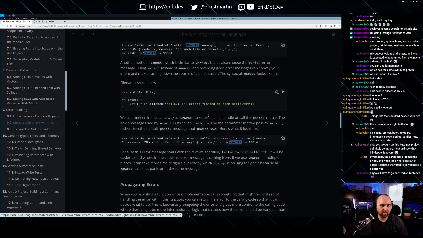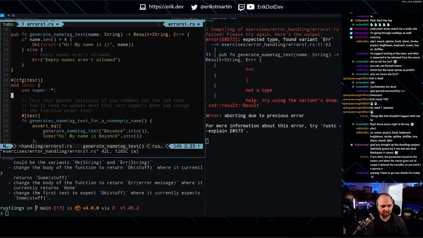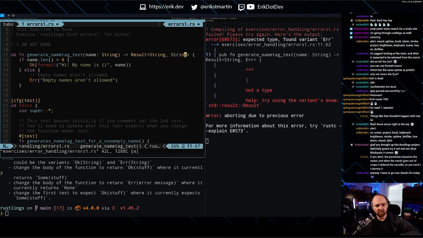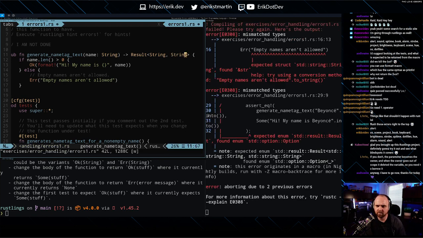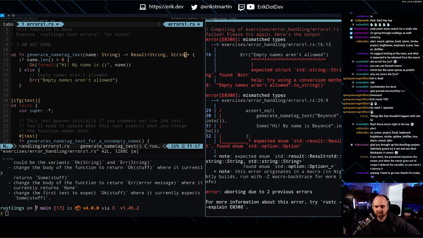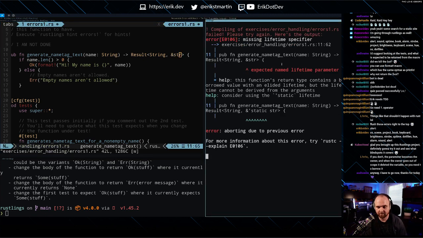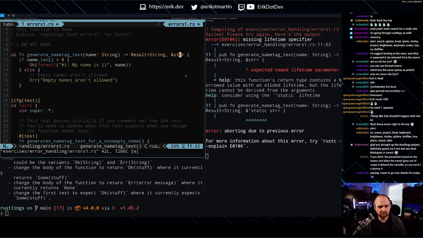Oh, wait. It's that simple, isn't it? This is supposed to just be string because that's what we're returning our error to be. Nope. Mismatched type. Oh, expected lifetime parameter.